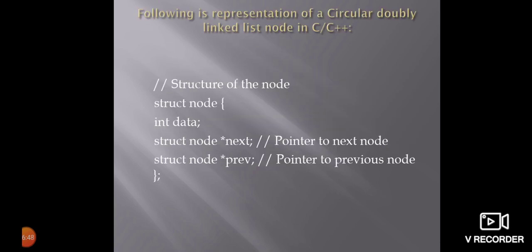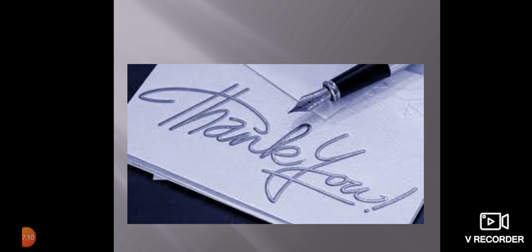Okay, you're going to represent in terms of programming here the structure of the node. Struct node: you have one data field here, and one struct node pointer pointing to the next node, that is the normal one, and the other struct node pointer pointing to the previous node. This is the format when you're going to do the program. Actually, this is